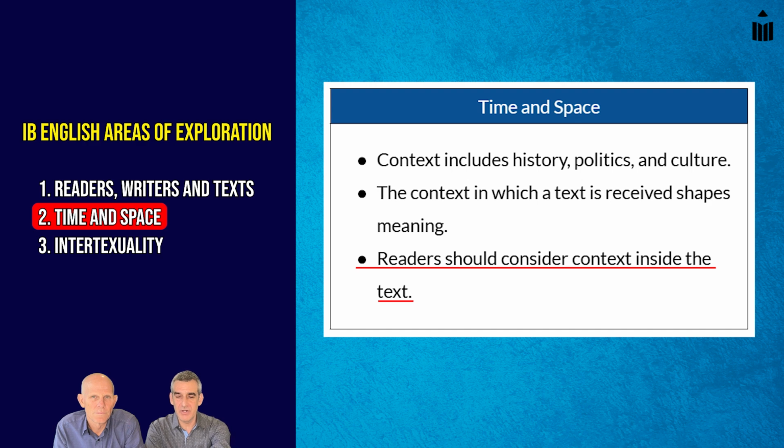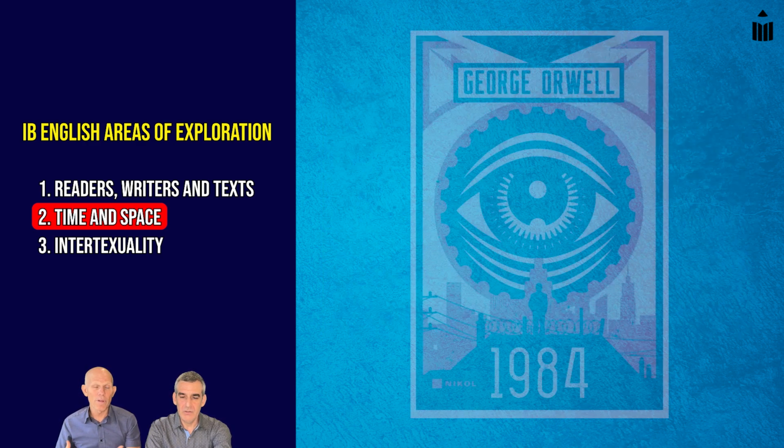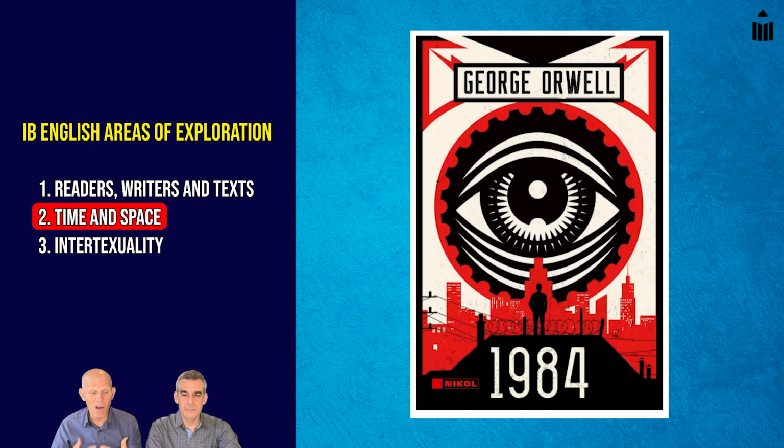So time and space is critical. Yeah, 1984 has all three of those elements in it. We can think about the context of 1984 and when it was produced. George Orwell wrote this dystopian novel in 1948 as a direct response to Stalinism and how democracy was so fragile. And he was really trying to capture his readers' attention about those stakes and from their own lived experience after World War II. We can think about how that is received now and why now 1984 really evokes ideas about